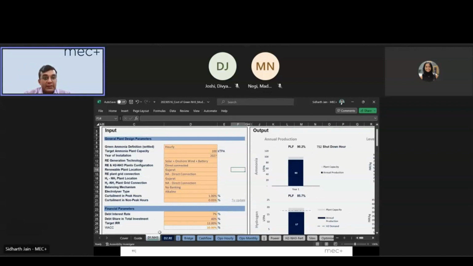Then the second case that we had to run was to compare on the monthly settlement. So as soon as you select it, it gets reset. Again, the plant configuration remains 100 KTPA to be commissioned in 2027. The RE generation technology here we had chosen was solar only. We wanted to set it up in the